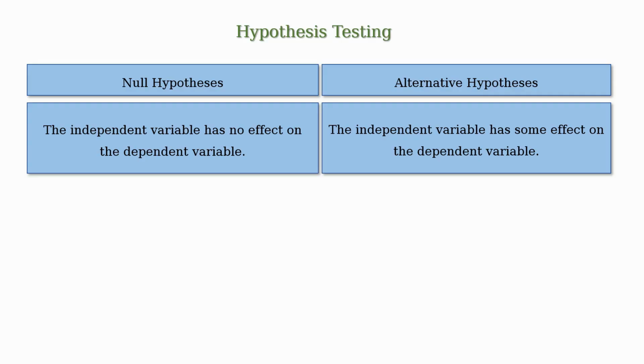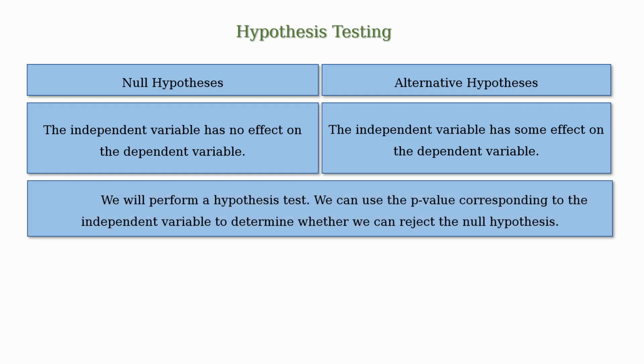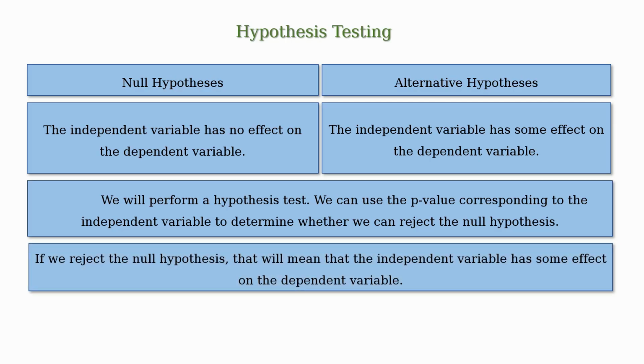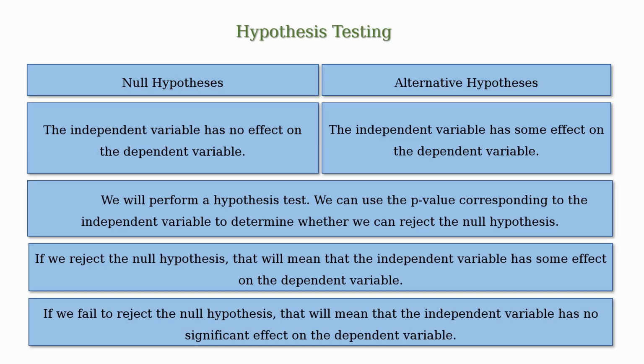Now, we can use the p-value corresponding to the independent variable to determine whether we can reject the null hypothesis. If we reject the null hypothesis, that will mean that the independent variable has some effect on the dependent variable. And if we fail to reject the null hypothesis, that will mean that the independent variable has no significant effect